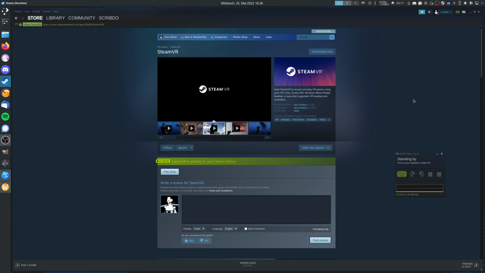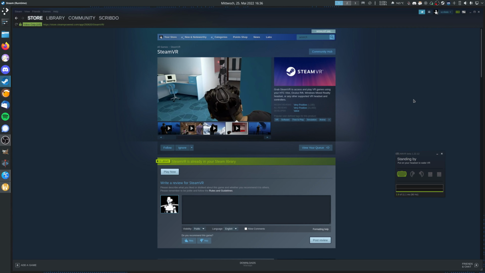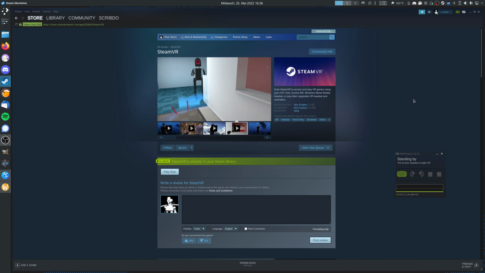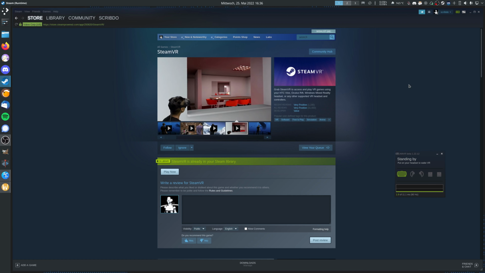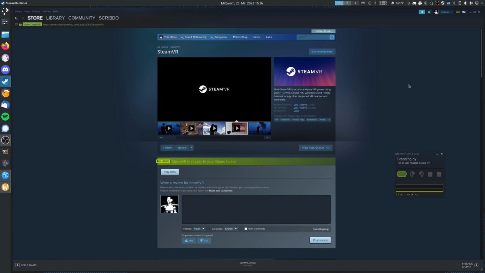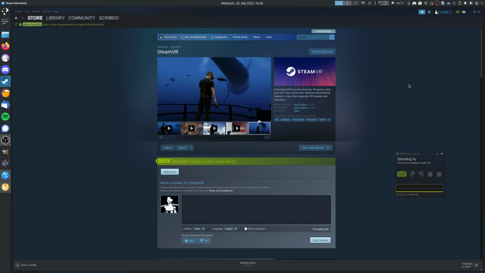So I recently switched my main operating system from Windows 11 to Arch Linux. And by doing that, I also switched my VR system from SteamVR to SteamVR on Linux, obviously. And since I have a Valve Index, I can use it on Linux natively because it is supported on Linux